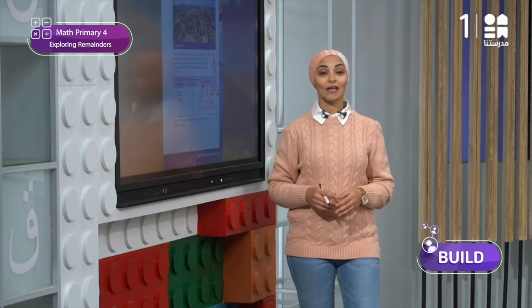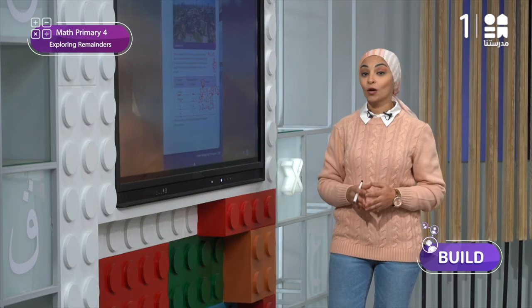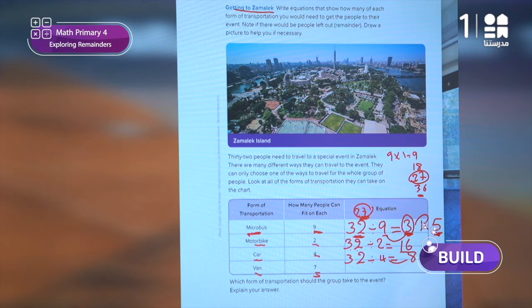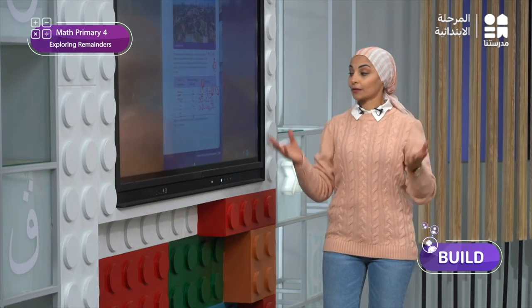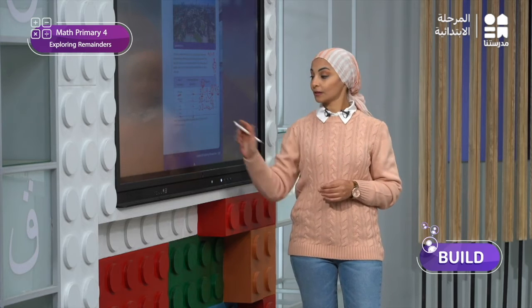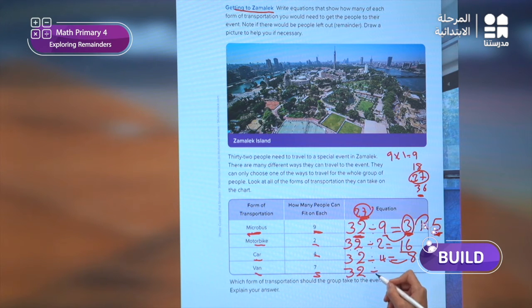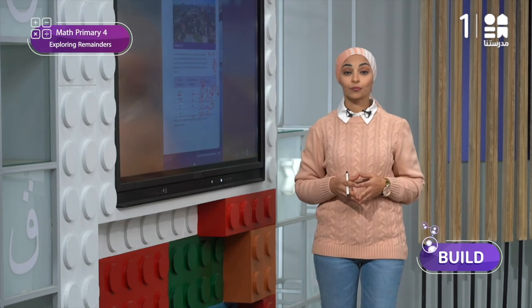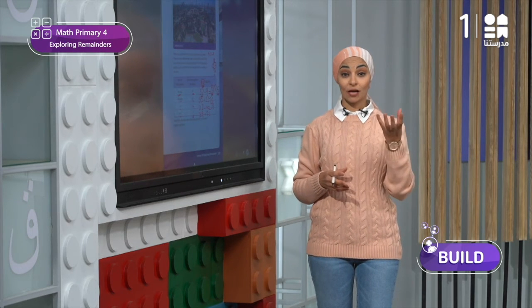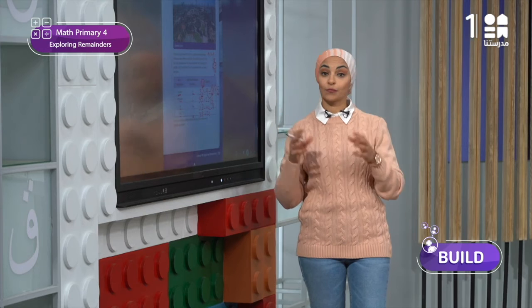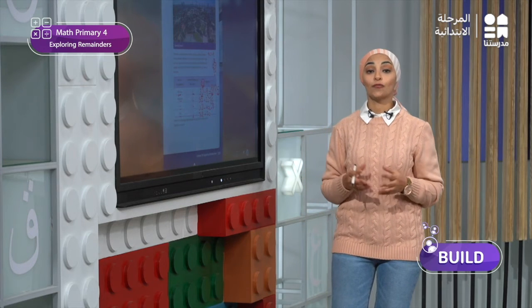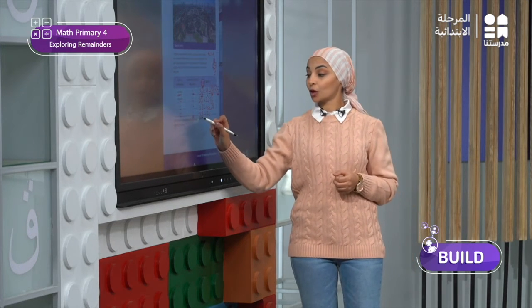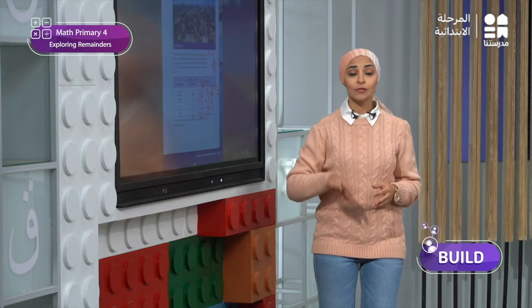In the same way, we will find the equation for the van, which takes 7 people. هعمل إيه؟ The same way, I will write together on the table that 32 divided by 7. تعالوا كده نعمل 32 divided by 7. Okay. Think of a number. هي 7 times what gives me 32? طيب, do you find any number? هي 7 times number هتديني 32? No. طيب, يبقى أنا محتاجة أشوف أقرب number multiple of 7 closer to 32 at the same time number less